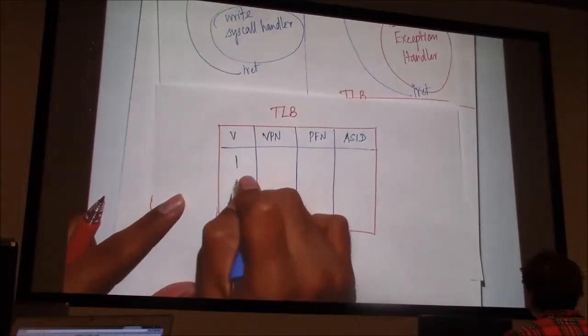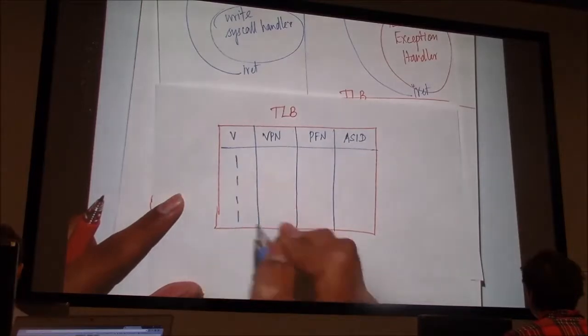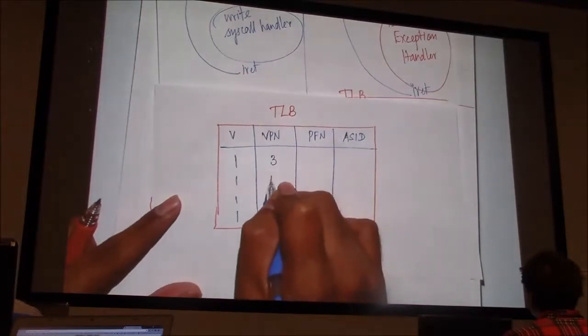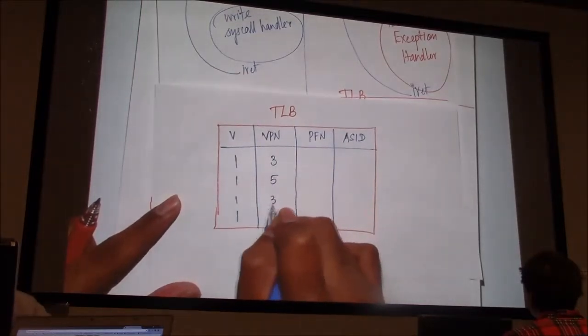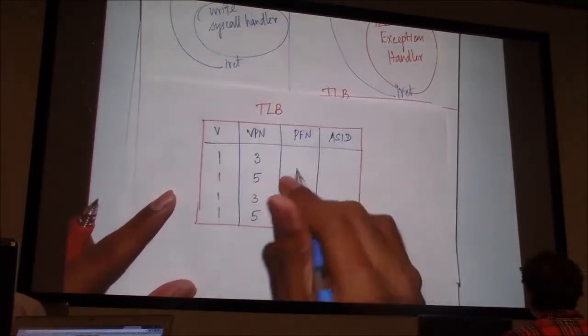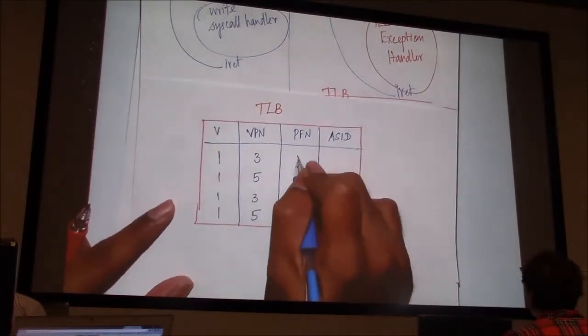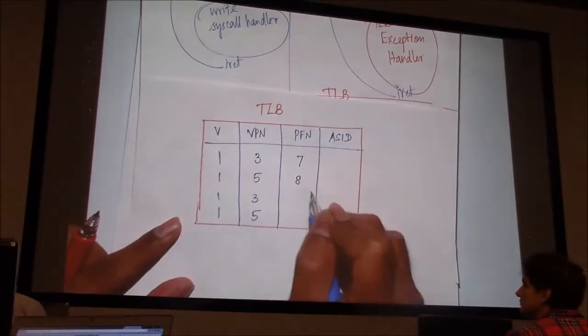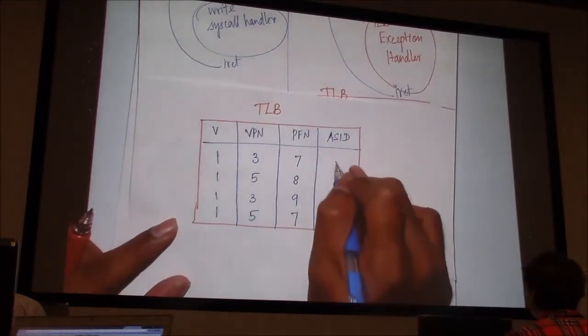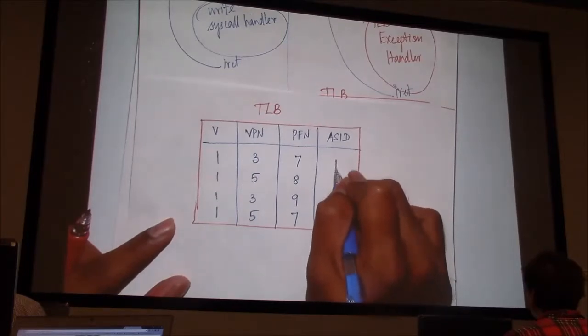Let's assume all four entries are valid as of now. The VPNs of one process are 3 and 5, and these are also VPNs 3 and 5. It can be there, okay? And the PFNs are 7, 8, 9, and 7. And the ASID is,